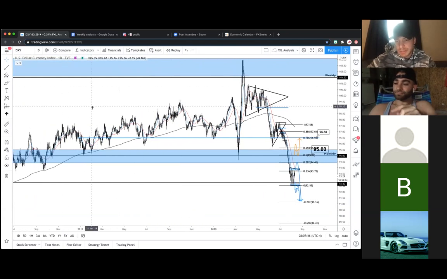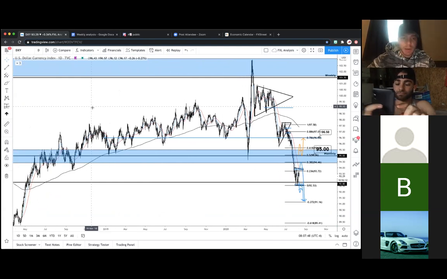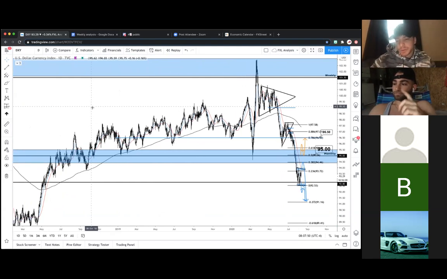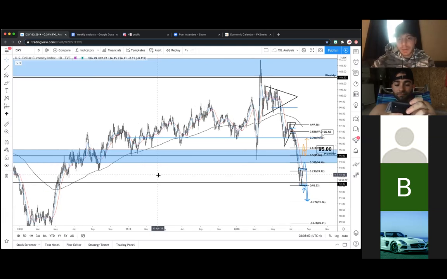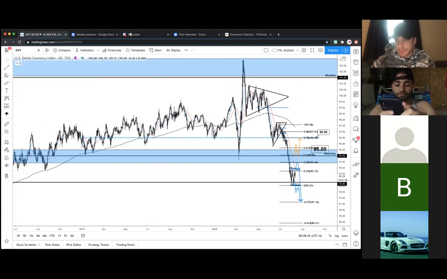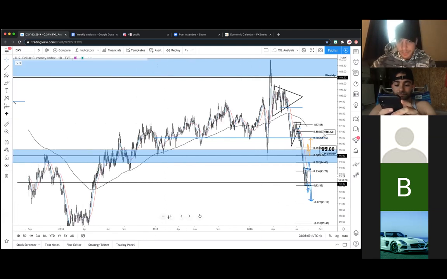This chart basically just represents the strength of the US dollar, which makes up 80% of all trade, and it's also considered the reserve currency of the world. So the dollar has so much influence in the rest of the market. It's a really good idea to always keep an analysis next to you. Have an idea of what's going on with DXY, so that you can better prepare for trades on other pairs.